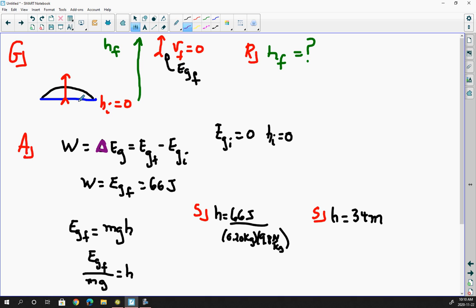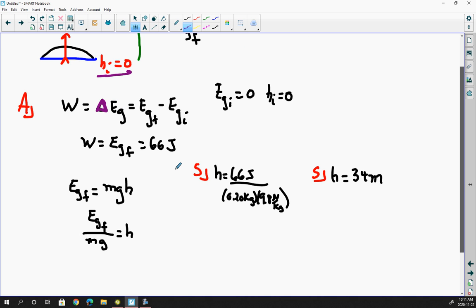Well, look, it started from a height initial of 0. So it had no initial gravitational potential energy. So all that work went into becoming final gravitational potential energy, which is 66 joules. So now we write down the equation for final gravitational potential energy. It's mg, mass, times the